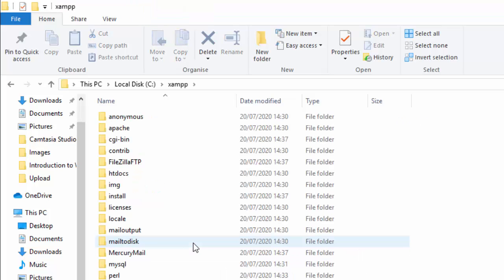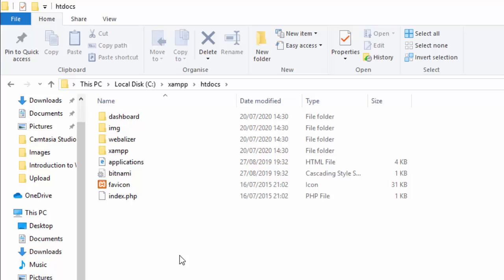Just click on this folder. This XAMPP folder contains a subfolder named htdocs. Click on it. This htdocs folder is going to contain all our PHP programs which we are going to run. Here I'll show you a demo of how a PHP script can be run with the help of this XAMPP server.